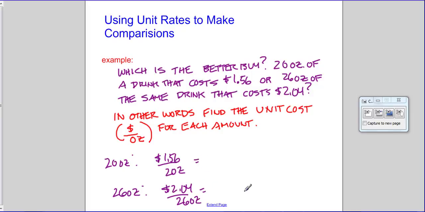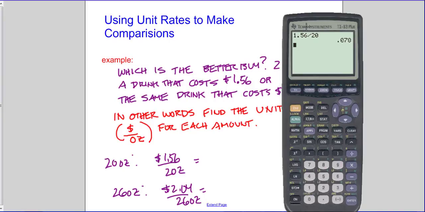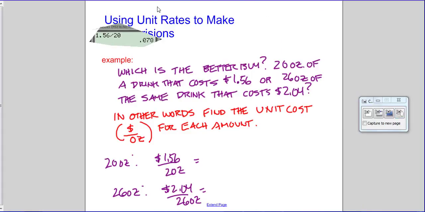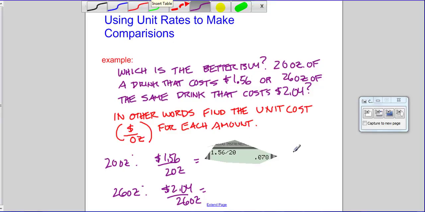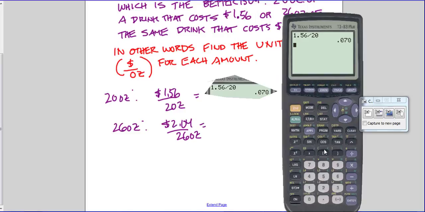Now I simply take my calculator and take 1.56 divided by 20, which gives me $0.078 per ounce. And then for the other example, I take $2.04 divided by 26,